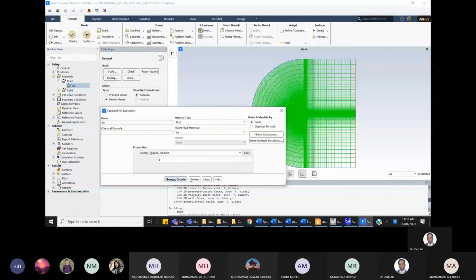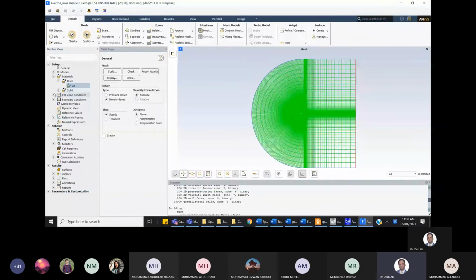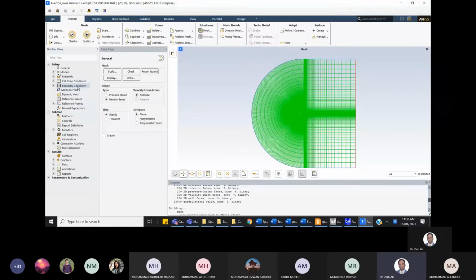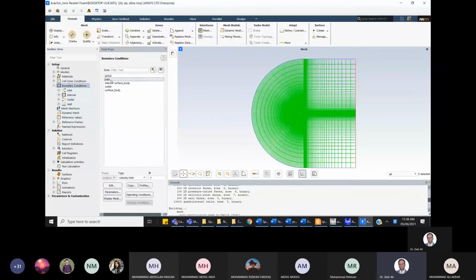Next thing, as fluid, nothing to do in cell zone. Boundary conditions, double click on boundary conditions. Make sure you have the first thing, the inlet. It will say the type. By default it has selected velocity inlet. That is fine. Click on edit, and here you want to